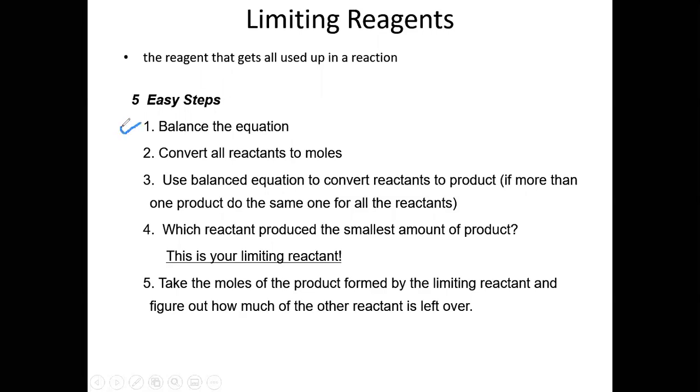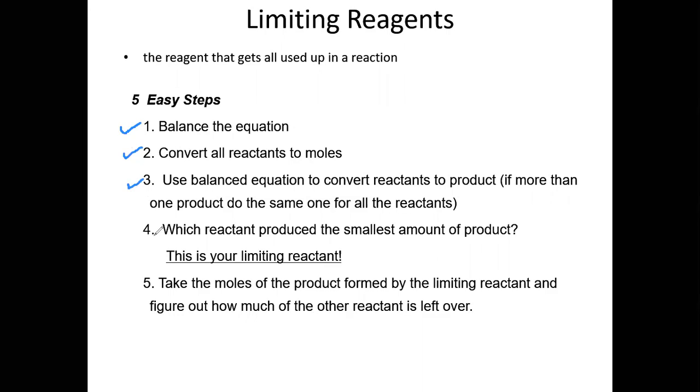That's very important because if you don't get a balanced chemical equation, your mole ratios are going to be incorrect. And then if your mole ratios are wrong, everything else is going to be wrong. Secondly, if it gives you mass, or any type of quantity, it doesn't have to be mass, as we'll see in later chapters, but in this one it's mass, we have to convert it to moles, because the way we go from reactants to products is through moles. Then in step 3, we use the mole ratio to convert to moles of the product we